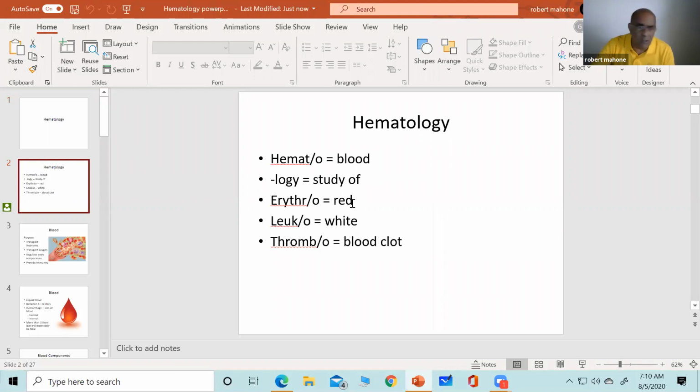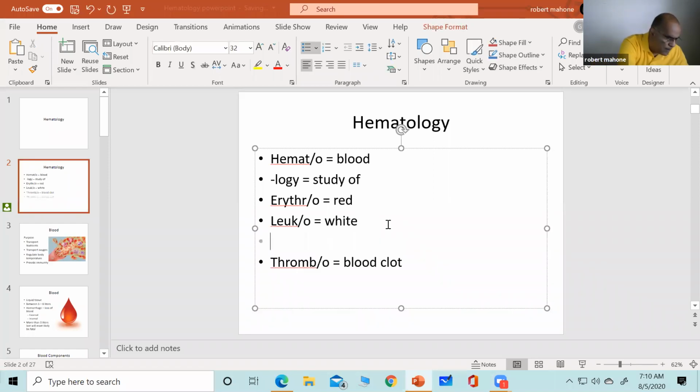But you see a couple colors here, erythro, meaning red, and leuco, meaning white. That's so that we can name the blood cells, the red cells and the white cells. And I'm going to add something here. Cyto means cell. And examples of those word parts would be like erythrocyte, your red cells, and leukocyte, your white